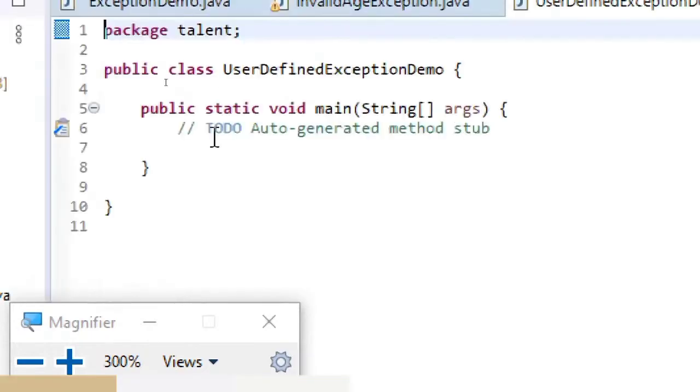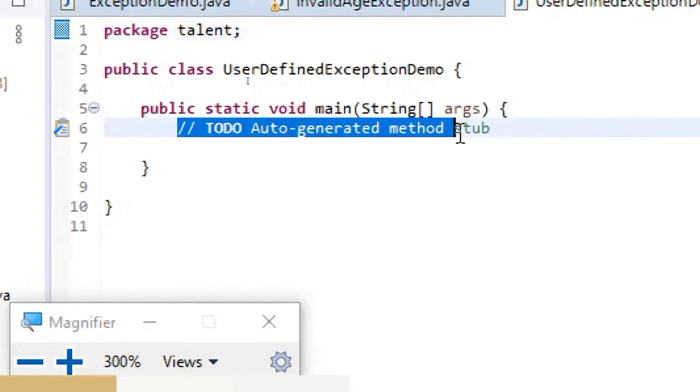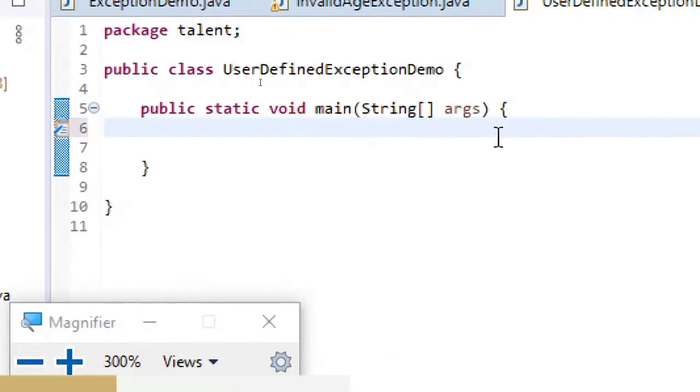The readability of the code should be appropriate. Nobody should again ask what this is for, what this is for. In such a way, you should use the names for variables or methods or classes. So in this, what I'm going to do is create a user defined exception demo, and in this what I'll do